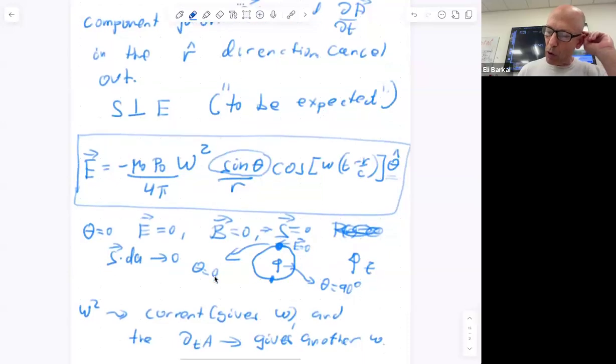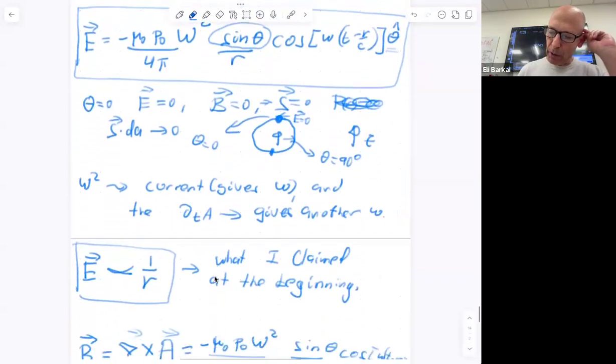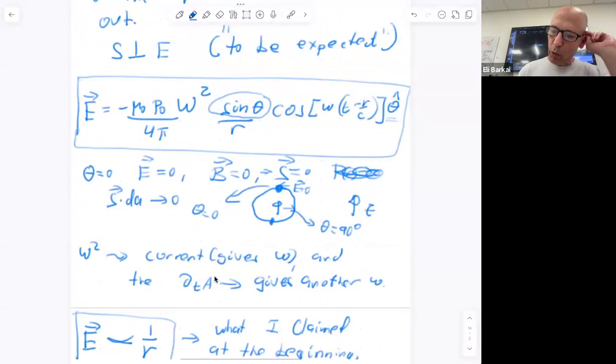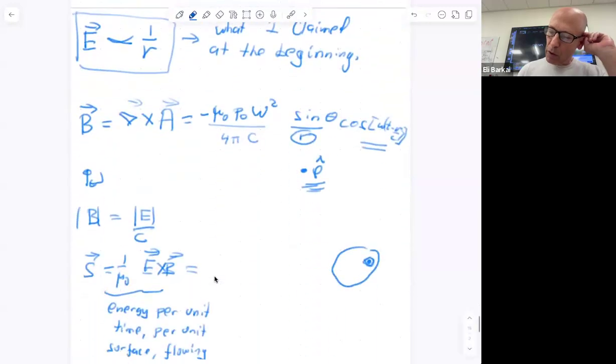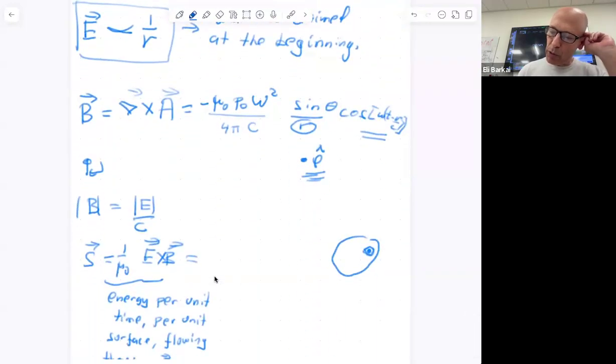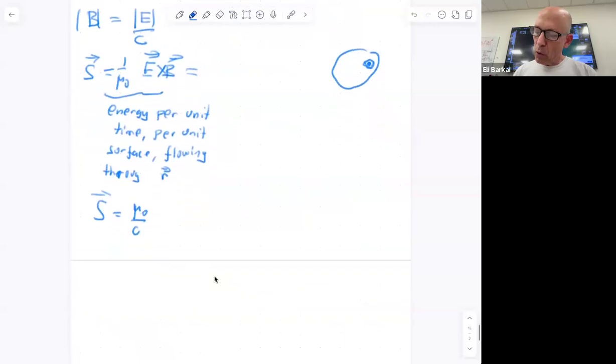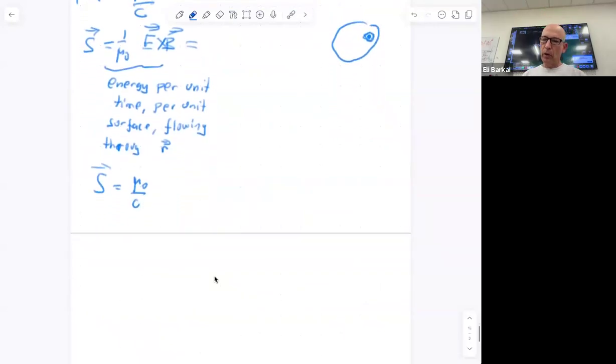Here, this is with mu0, but you can write it with epsilon 0 also. Maybe it's better to write it with epsilon 0, and then you will see here the C, because in this expression, you see immediately that when C goes to infinity, there is no effect. If you write this expression with epsilon 0, then you'll see the same effect here. So all the effects are, of course,